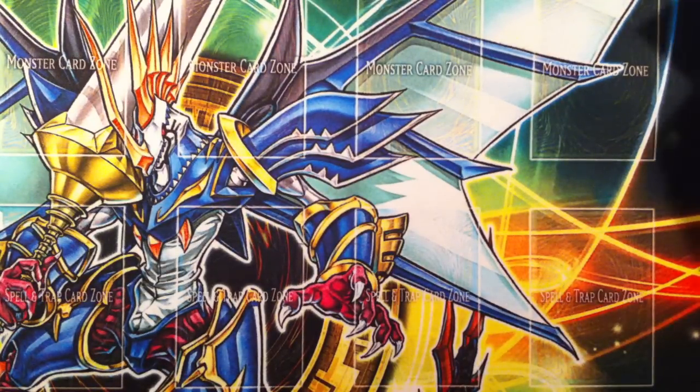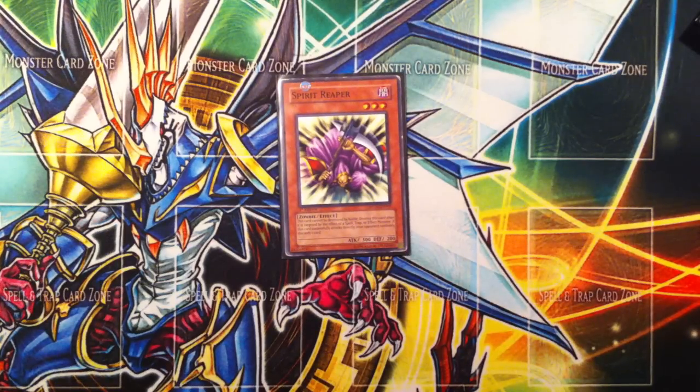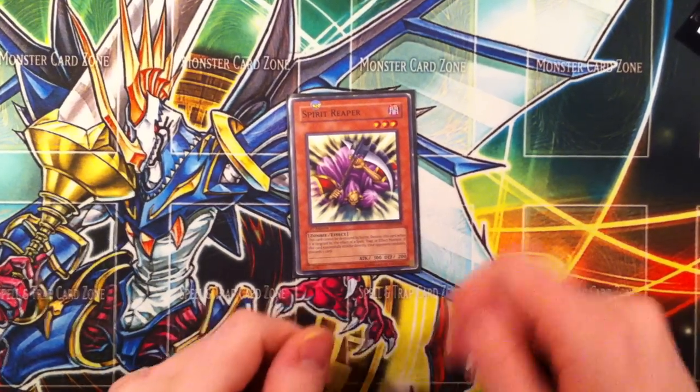And then in the same kind of boat as Mystic Tomato, we've got 1 Spirit Reaper. Basically just used to stall people out and wait until you can draw into your...